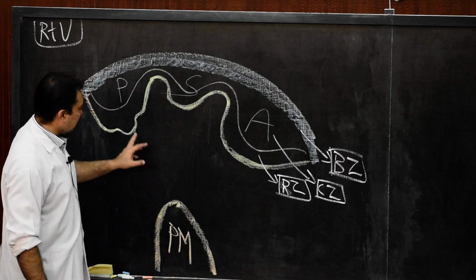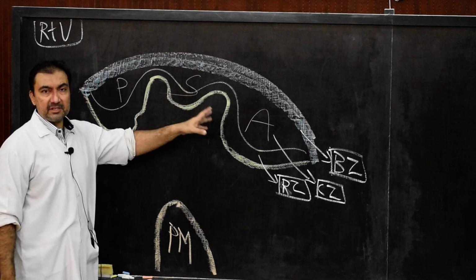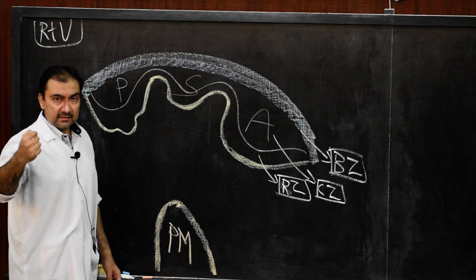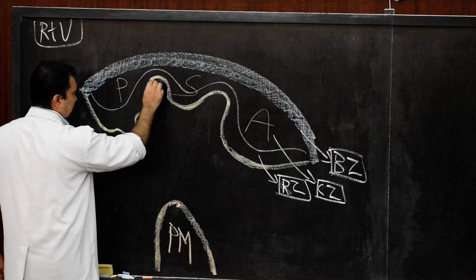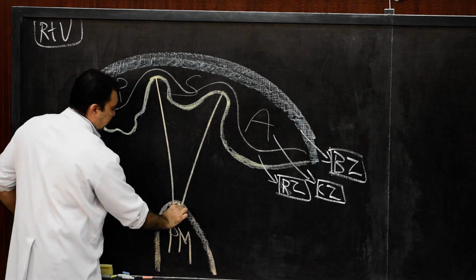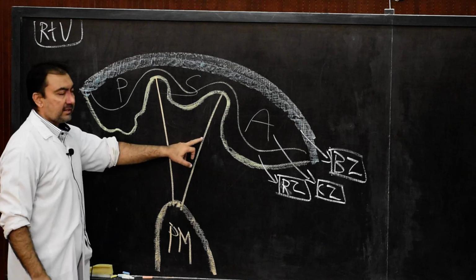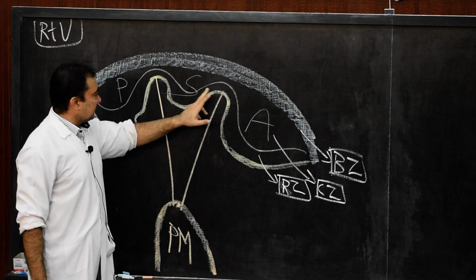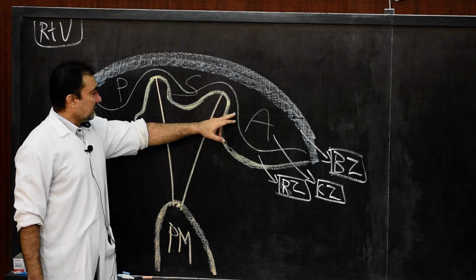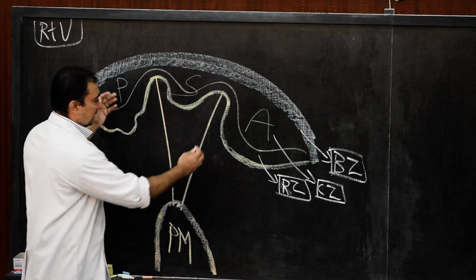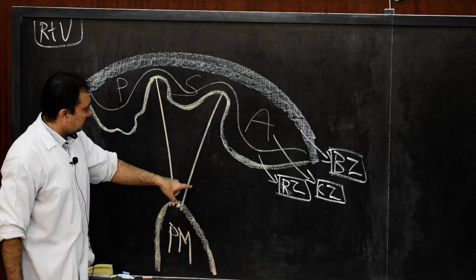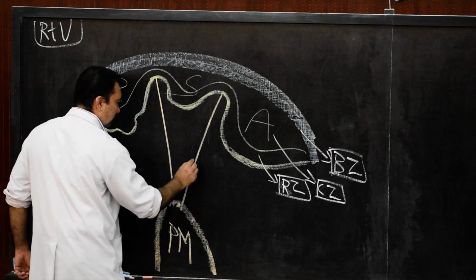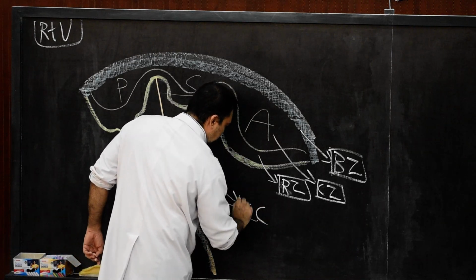True chordae tendineae are divided, once again, according to the zones on which they are attached. So supposing these are the thread-like structures, if they are connecting in this way over here, then these chordae tendineae are named, as we discussed in the last lecture series, these are the commissures. So anteroseptal commissure, posteroseptal commissure, and when it is closed, anteroposterior commissure. So therefore these chordae tendineae are commissural chordae. So they are also known as, now here you give the name, commissural chordae.